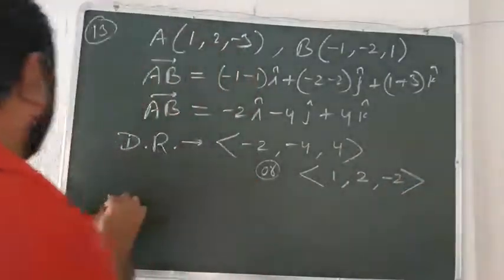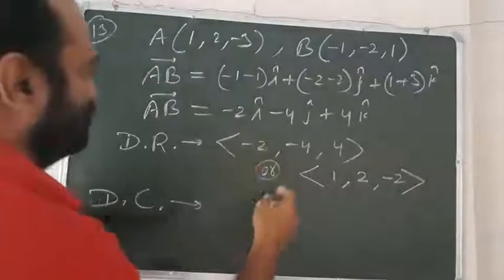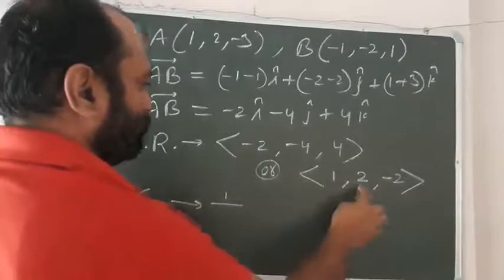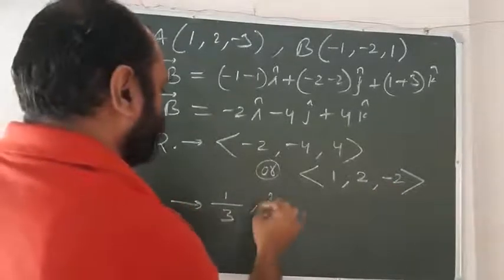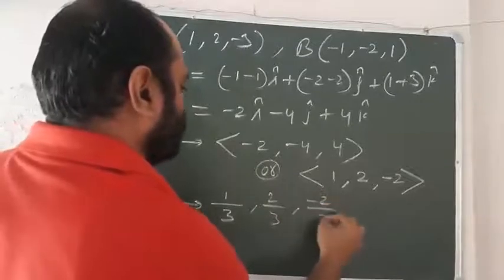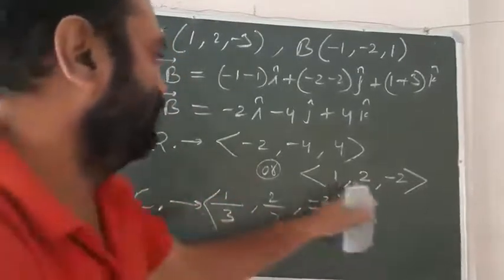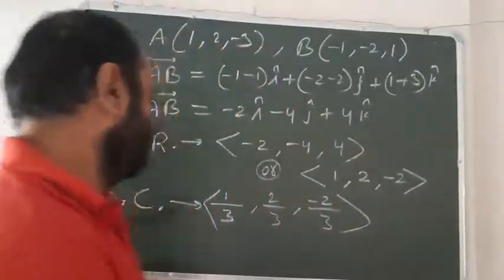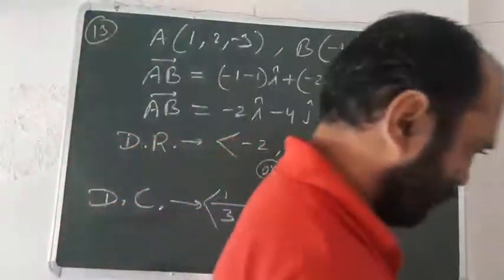जी। Now whenever you find the direction cosines of this vector, you will get this 1 over 3, 2 over 3 and -2 over 3, because 3 is the magnitude of this vector, ठीक है जी, 1, 2 and -2, right? So this is the direction cosines of this AB vector.